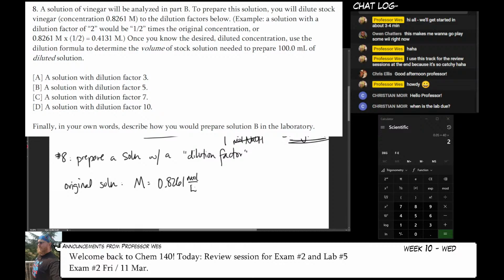In the real lab, what we would have you do is actually go and make these solutions. So you'd make the solution you just prepared in 7, and then you'd make these solutions for step 8 based on which dilution factor I assigned you. Normally, I had these, like, ridiculous playing cards, and you would either draw a 3, a 5, a 7, or a 10. Let's look at an example if you drew a 3. So if your dilution factor was 3,